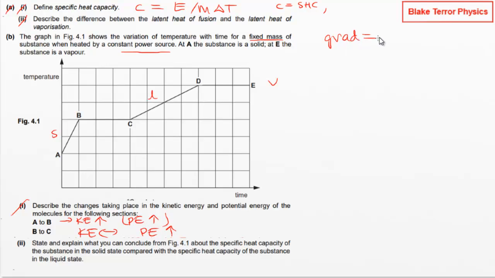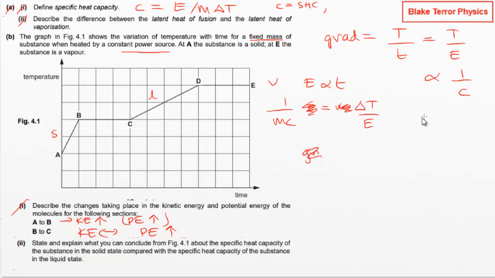So the gradient is the temperature divided by the time, and because we've got this constant power source, the energy is proportional to the time. So really what we've got here is the temperature divided by the energy. So let's go to our E is mc delta T. If we've got temperature over energy, then we've got 1 over mc. So the gradient is going to be proportional to 1 over the specific heat